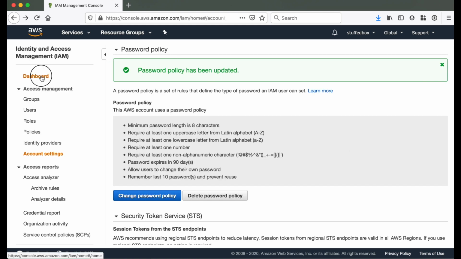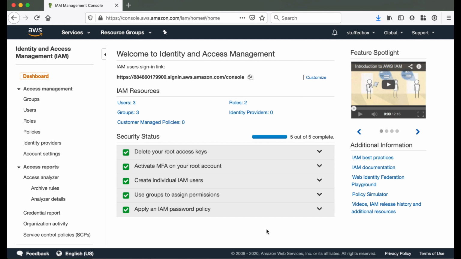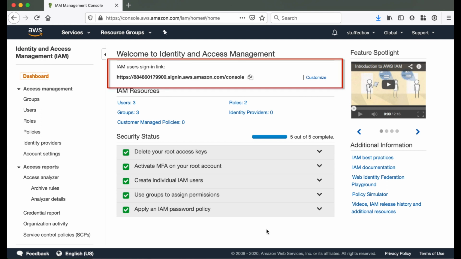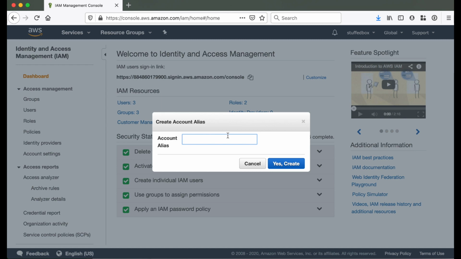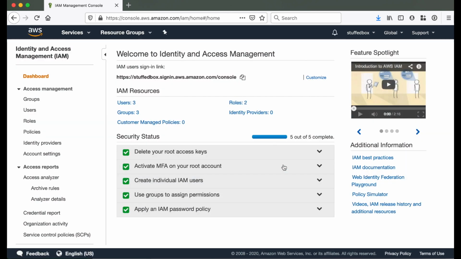Now let's go back to our dashboard. The last thing we want to do is change our web address when signing in. This link has our account name, but we can change that by clicking Customize and then put your account alias. So I'll put stuff box here and then create. Now we'll use this to sign into our account. You can click the copy link